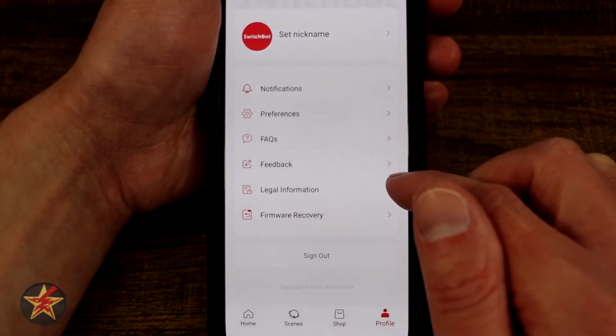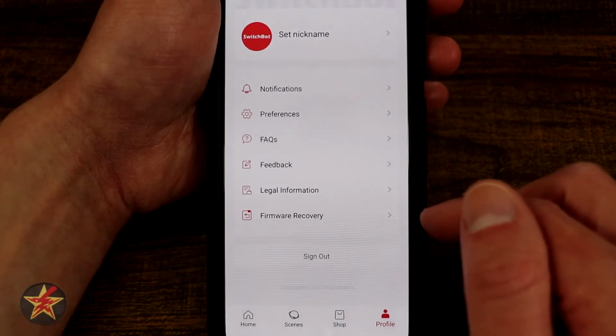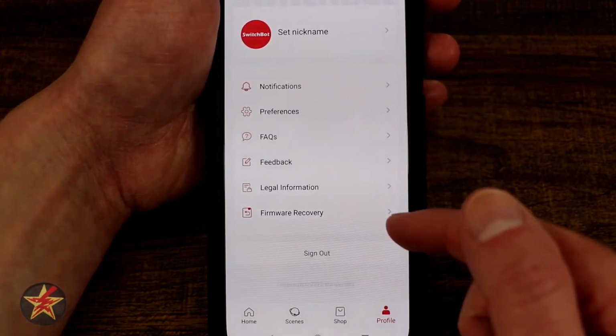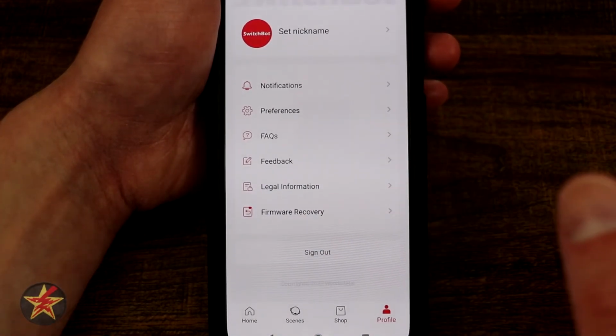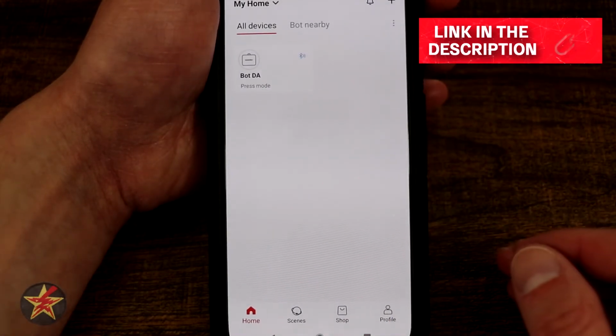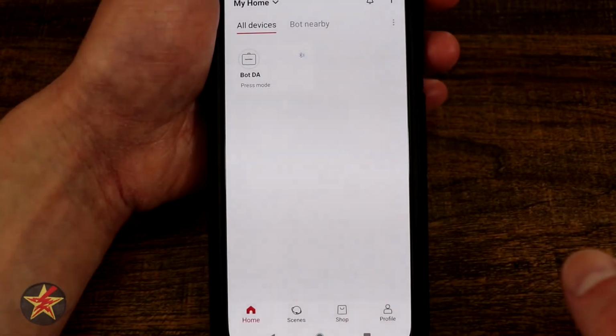You've got your legal information and then firmware recovery. So if for whatever reason the firmware bricks your device, which it shouldn't, but if that happens, you can revert to a previous firmware version, which is a nice touch that that's there. And then we're gonna come back to home because that was everything that you can do for the SwitchBot bot in the SwitchBot